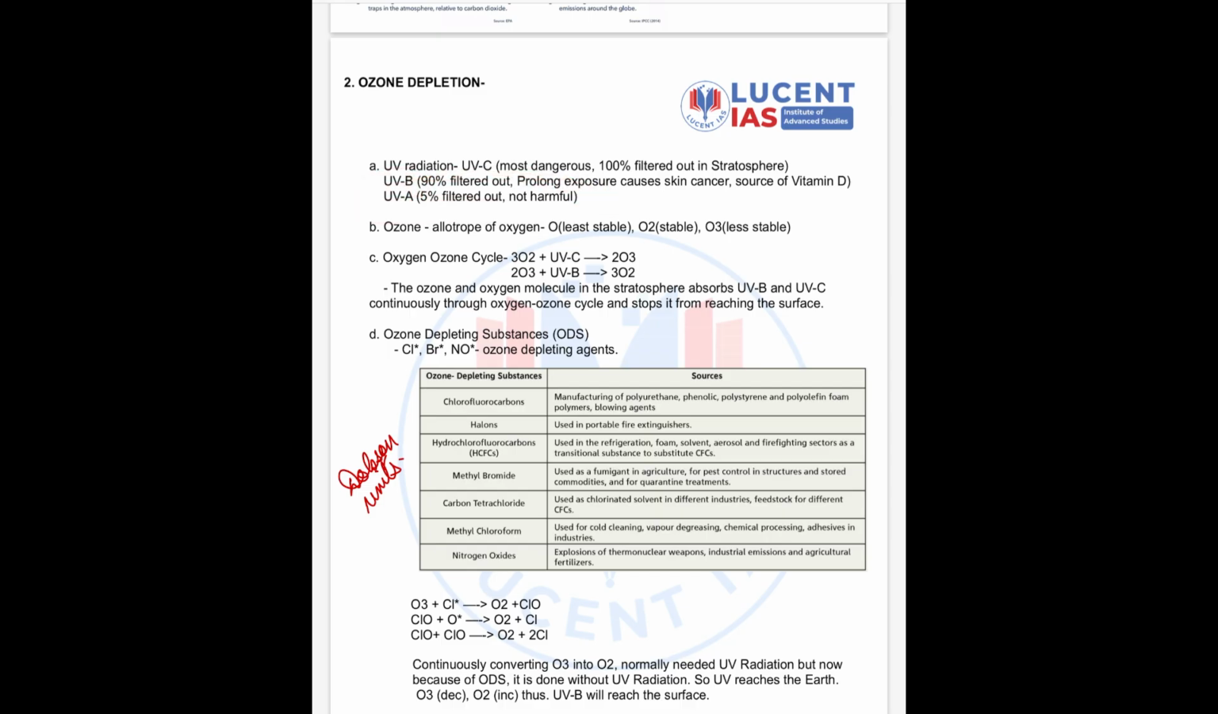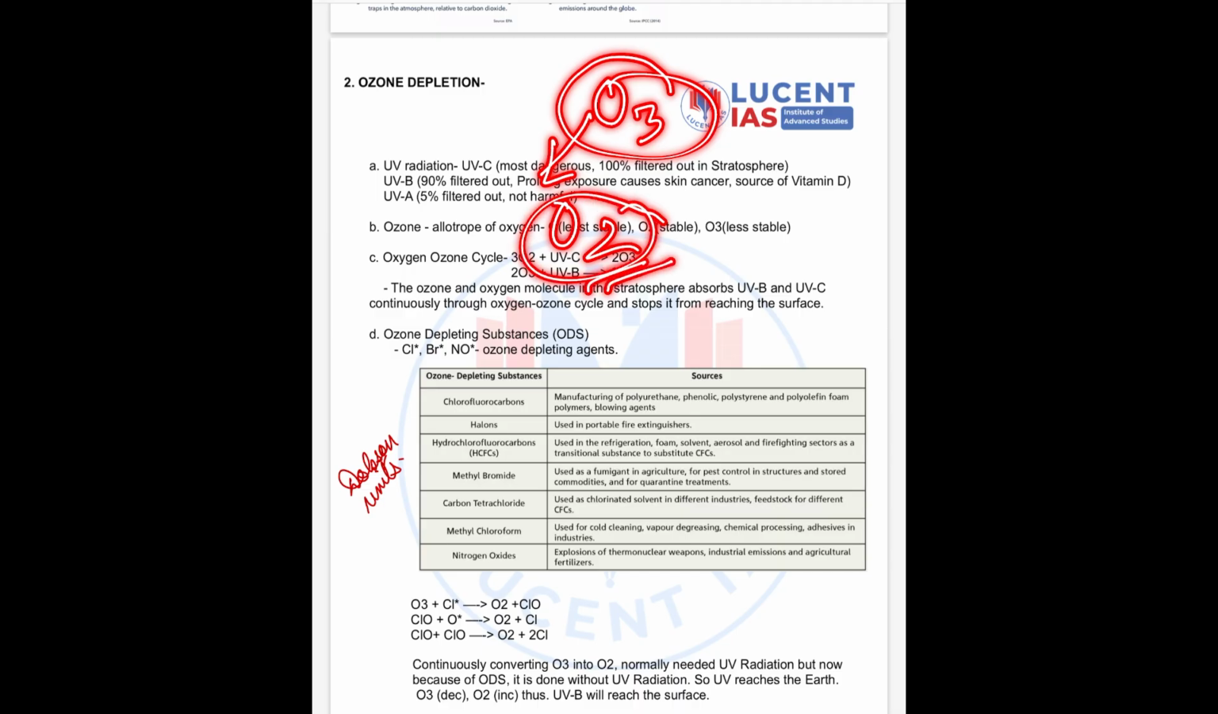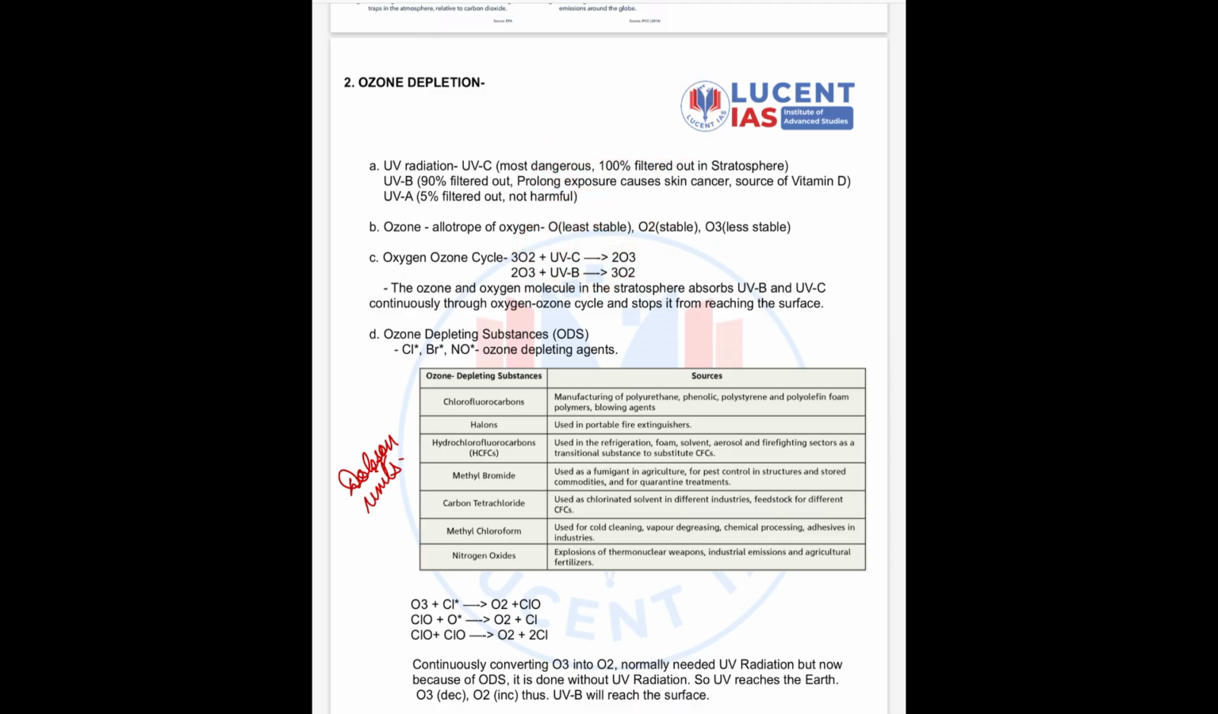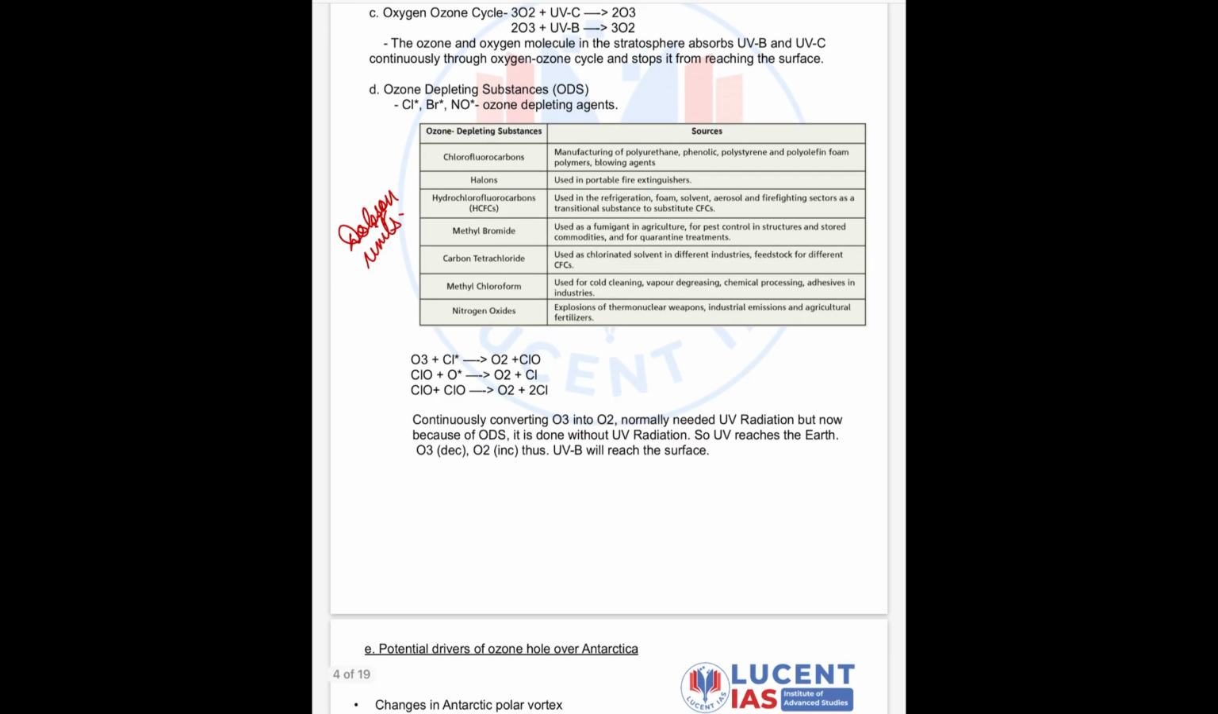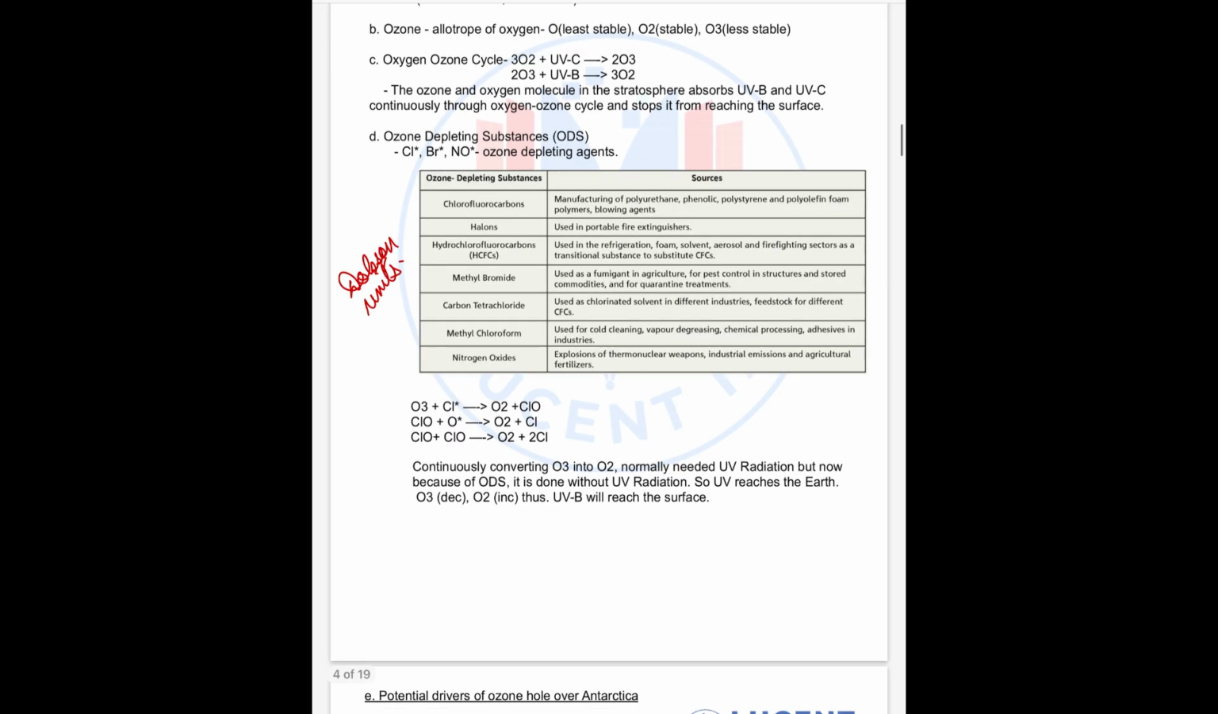So what is ozone? Ozone is an allotrope of oxygen. Single O is the least stable, O2 is stable and O3 is less stable. So O3 will always tend to form O2 because it attains stability. Clear? So what do we see? A few of the gases, we call them ozone depleting substances, ODS, a few of the